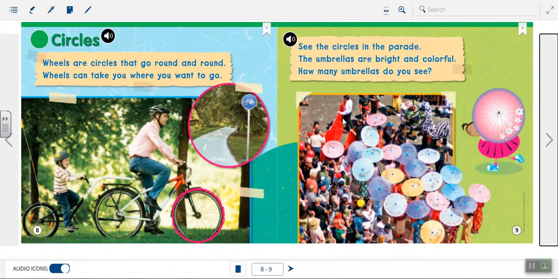Okay, I hope you had enough time to count them. If not, that's okay. You can help me count them together. I'm going to move my arrow to each umbrella and we can count. Okay, ready, set, go. 1, 2, 3, 4,